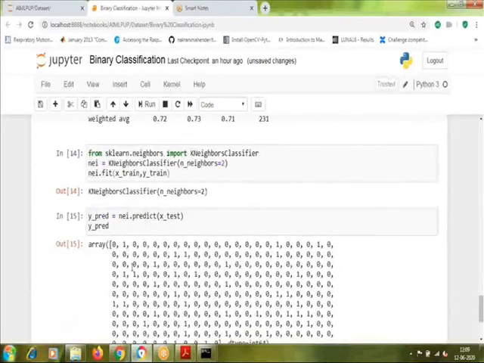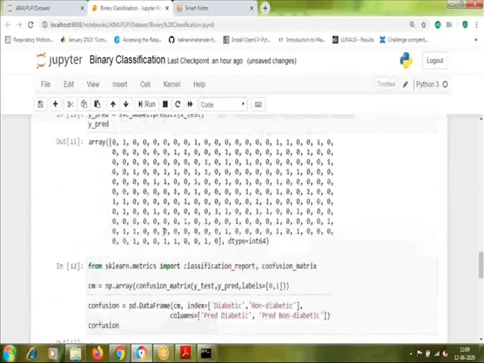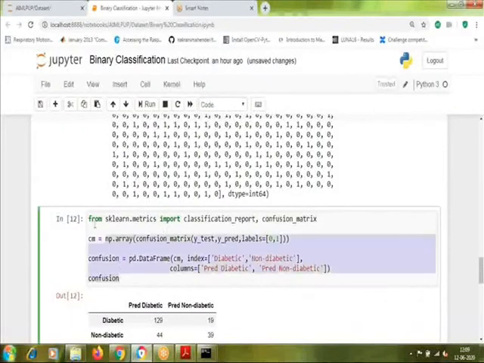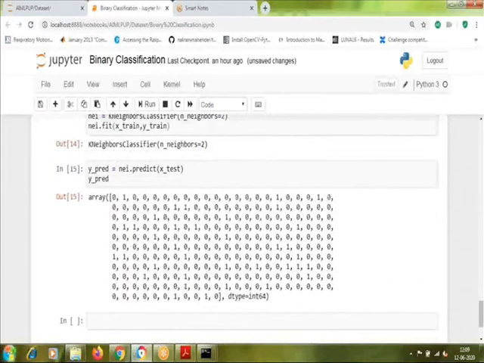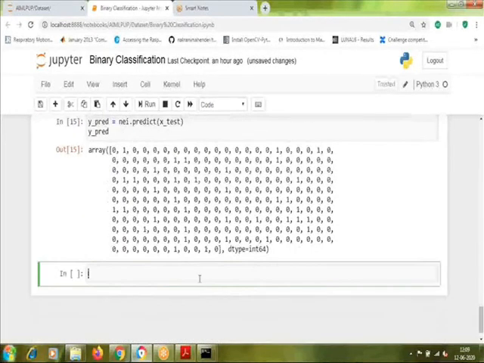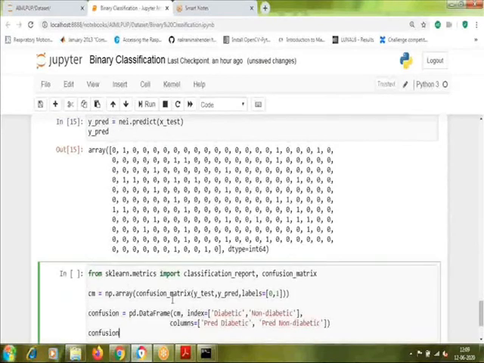Again here it gives some output. Now I'm just going to copy and paste this classification report and confusion matrix, because we have given y_pred and the original y_test, the same names, so we can use the same code again.